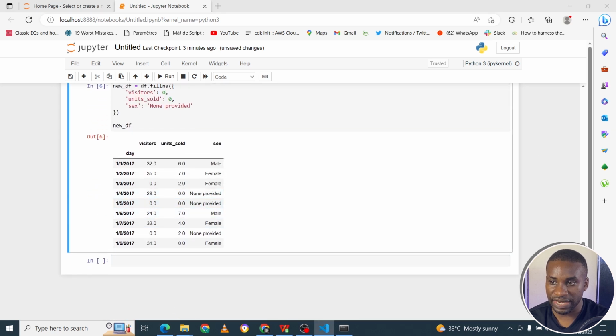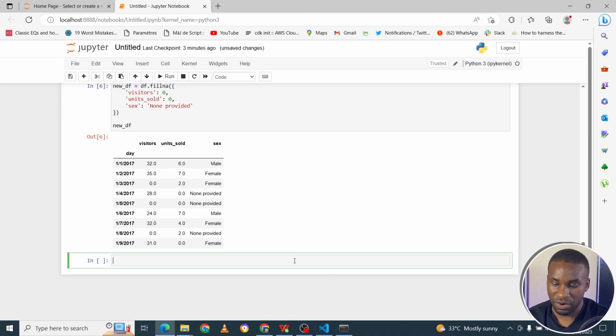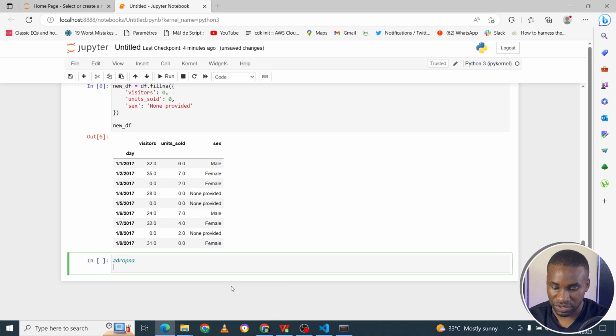So fillna gives you that possibility to do that. Another one you can look at is dropna. Let me just write it here so you see it. So dropna, and you can also use it to drop missing values. Remember, we said you must not always drop missing values, but if it's the case, you can drop them